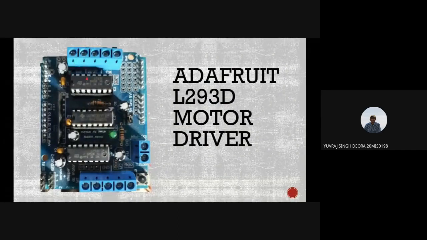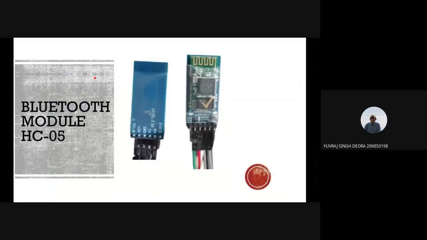Yeah, I think you can see this L293D written over there. Basically, this is an IC on which this full board is made. The main part of this full board is these three ICs through which all our motors will be controlled. Okay, so next we have the Bluetooth module HC05. As I told you, this is the only part through which your car is being made wireless, and communication is set up between your smartphone and your car.